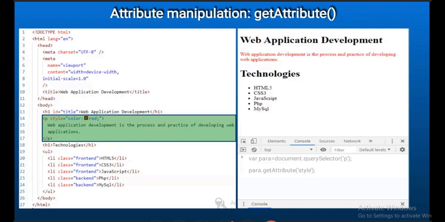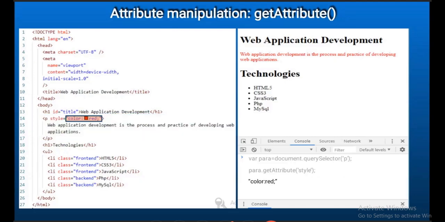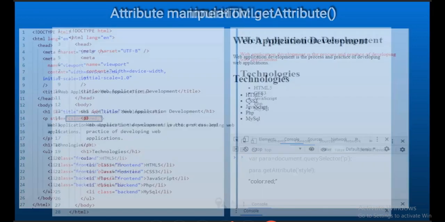Style is equal to color red. So style is the attribute of the para tag, and color colon red is the attribute value. Here I am accessing that attribute style of that paragraph: para.getAttribute of style.